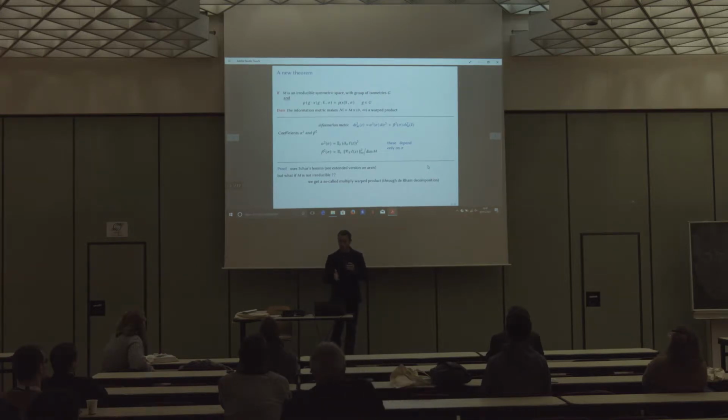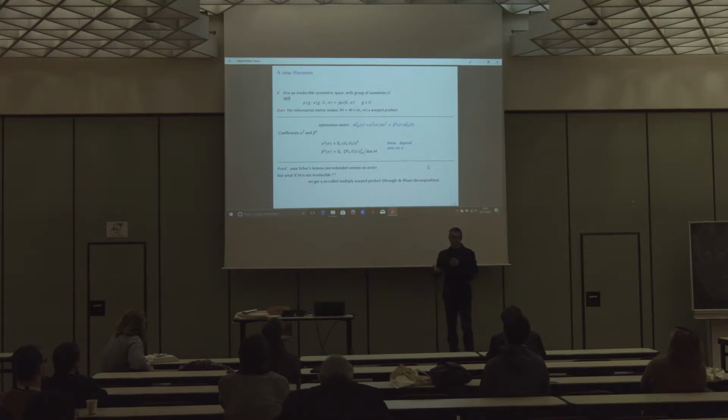This is the new theorem I was telling you about at the beginning. It says if M is an irreducible symmetric space, and if the location scale model is invariant to isometries in the sense of this condition, then the information metric is indeed a warped metric. Moreover, we know the precise expression of this metric, written here in blue, with coefficients alpha2 and beta2 that are given by these expectations. In appearance, these involve X bar through Z. However, they only depend on sigma, so they are well-defined functions of sigma.